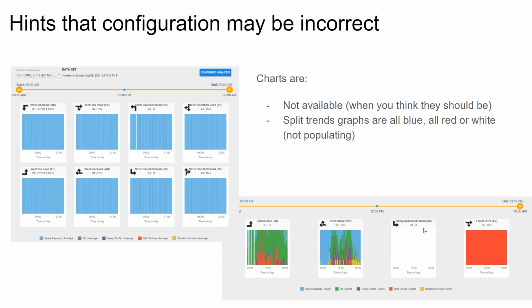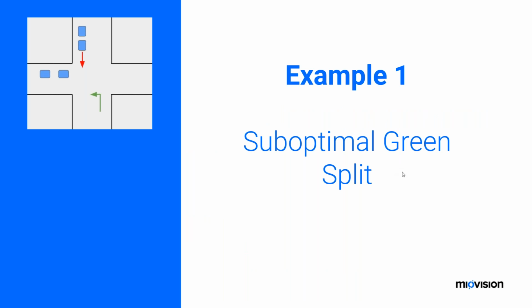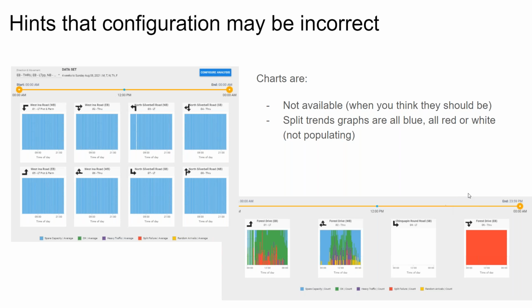Those are things you should just look out for and know about so that you can adjust as you're looking through the data. And maybe we'll spend a whole bunch more time in our next session actually configuring for performance measures in further depth. But for now, I'm going to hand it over to Olivia to take us through some more intersection health examples.